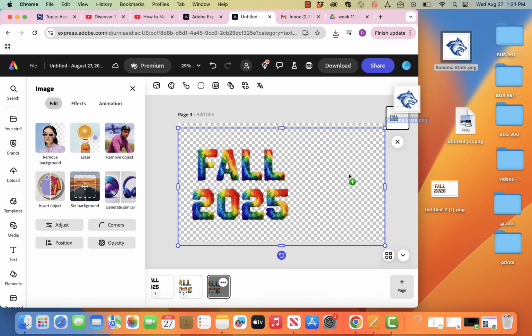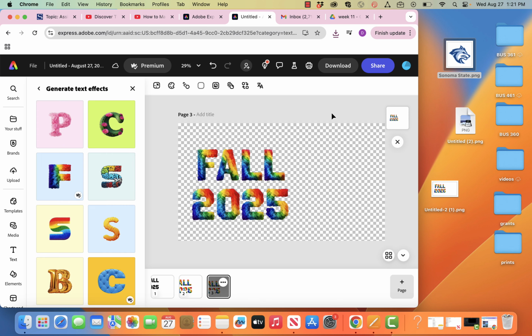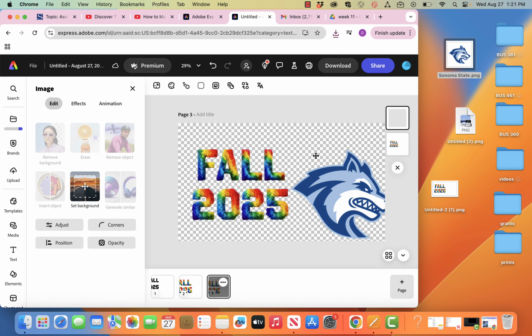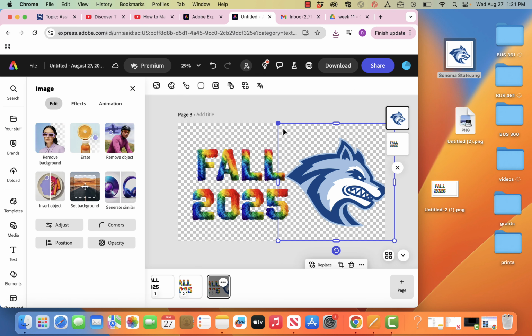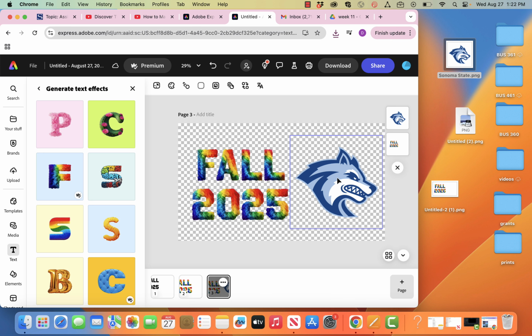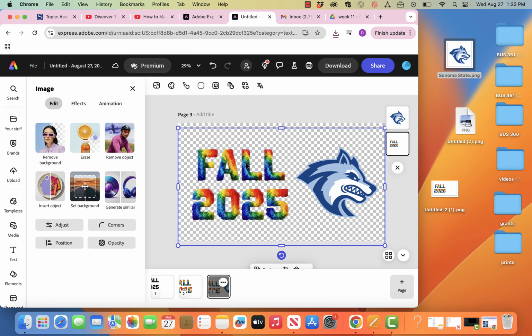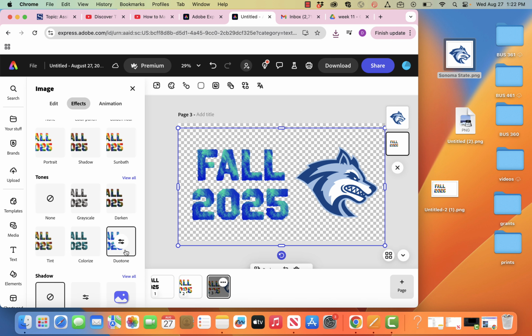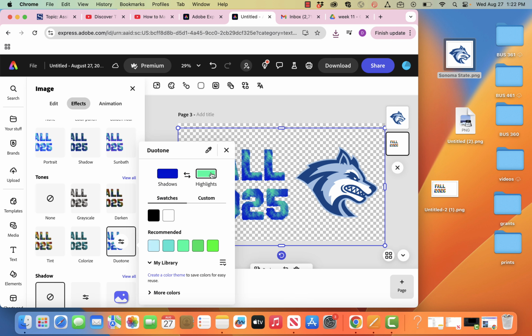And bring in your logo. I think it works better if you deselect first. And then, there we go. Now my option drag works. All right, so the goal is to have the rainbows become the same shades as the logo. And so we can click, target the text, go to Effects, Duotone, and Highlights, Eyedropper, Light Blue, Shadows, Eyedropper, Dark